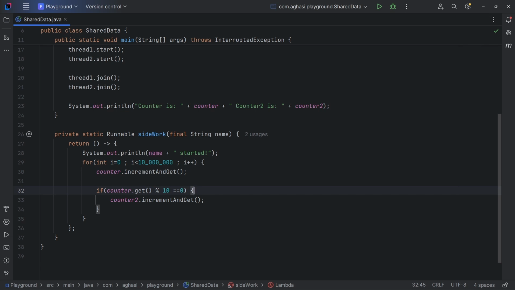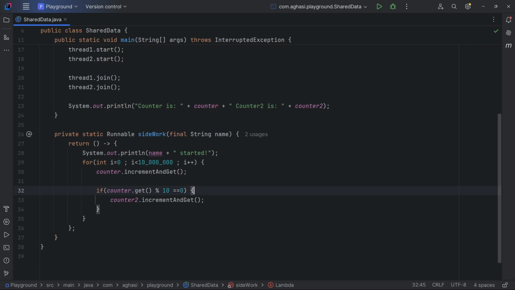As mentioned earlier, a sequence of 2 atomic operations is not atomic as a whole. For example, what could happen here is that thread 1 executes the increment operation at line 30, but before thread 1 can execute line 32, the scheduler switches execution to thread 2, which also executes the increment operation at line 30. Now when execution switches back to thread 1, it reads the current value of counter 1 at line 32. But 2 increments have already occurred since the last iteration.